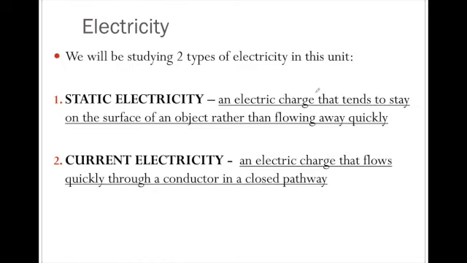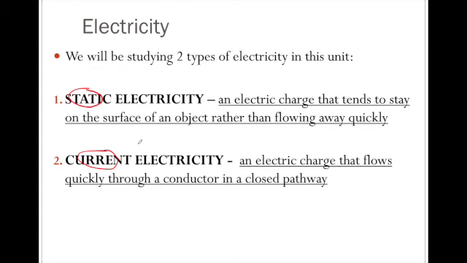Okay, there's two types. This slide is very important. We have static and we have current electricity. Static electricity, you probably have heard of, but the sort of textbook science definition, an electric charge that tends to stay on the surface of an object rather than flowing away quickly. So static comes from the word which means not moving, right? That term static on its own does not necessarily only apply to electricity, it can apply to other situations. If you have someone sitting in a chair that hasn't been moving for a long time, they are static, they